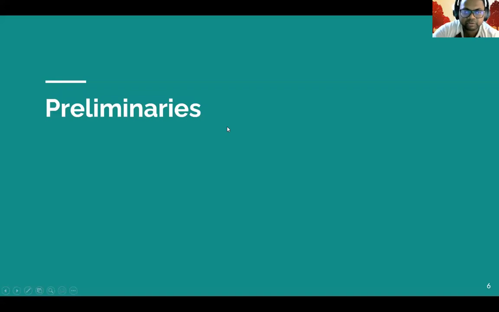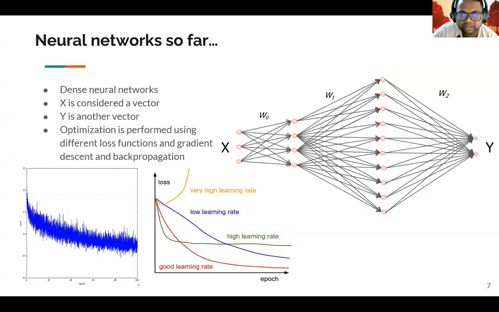So before we go further into this session on building CNN-based surrogate solvers, let's look at what neural networks we have learned about so far and what convolutional neural networks are. So far in this tutorial, we have covered dense neural networks, where you start with a vector X shown on the left over here. And from this dense vector X, you go to a dense or flattened vector Y. And when you have this kind of a setup, you use several dense fully connected layers in between, and then you perform the optimization for getting optimal weights.